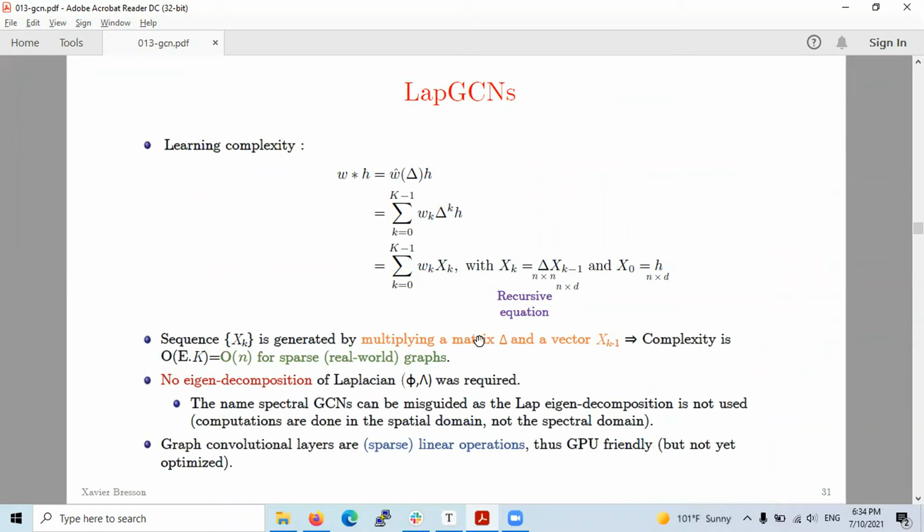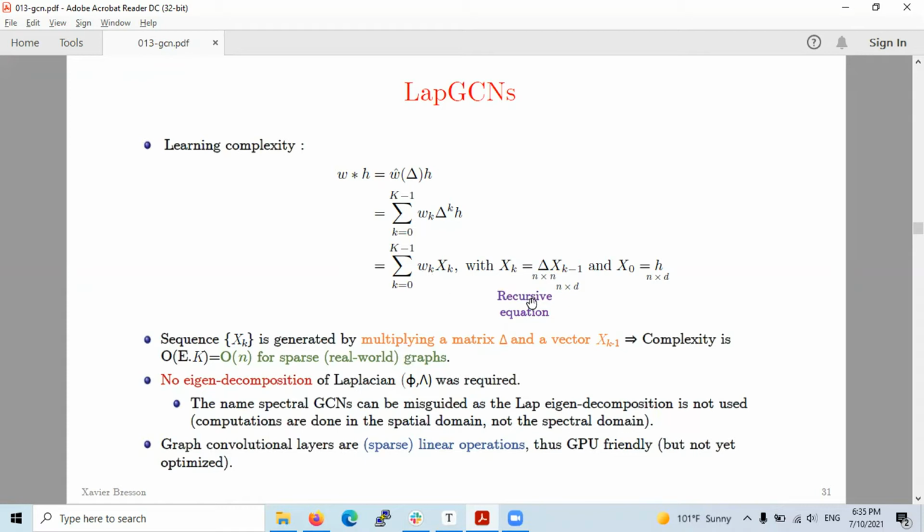It will give you all sorts of random functions, but you also need to take into consideration that when you decompose the Laplacian, you must be able to decompose it using orthogonal signals, or the orthogonal eigenvectors that we have seen. So to put that into the learning process here,